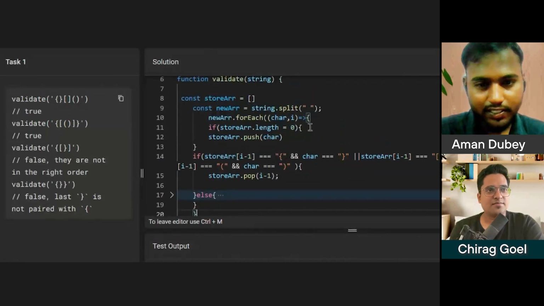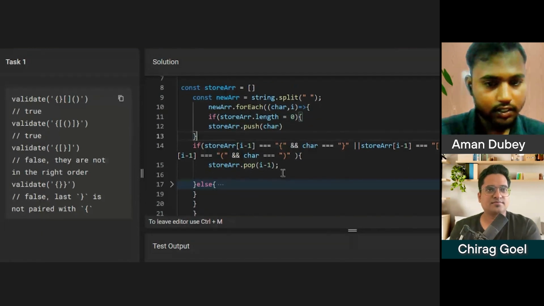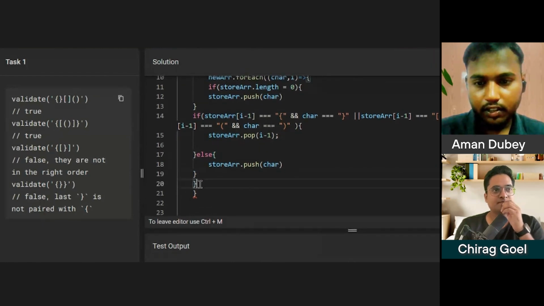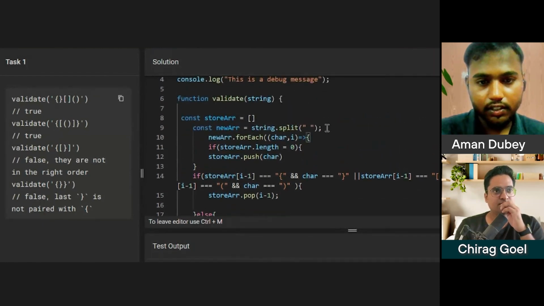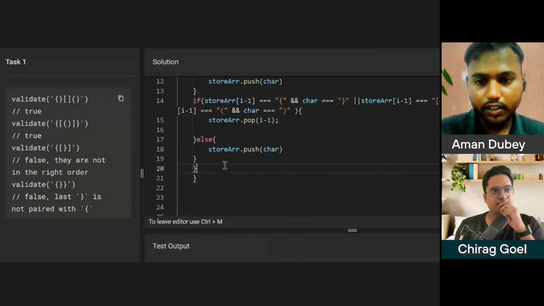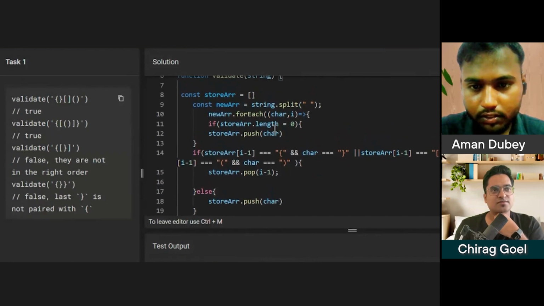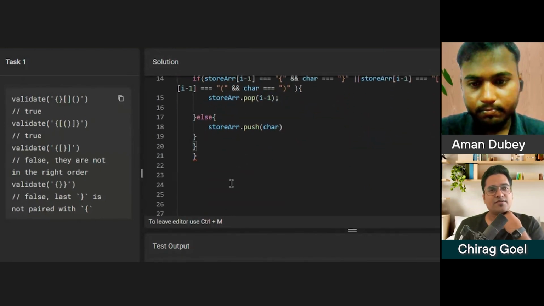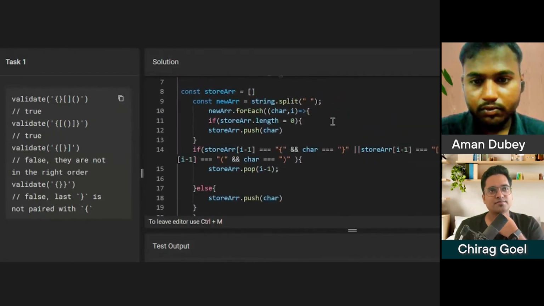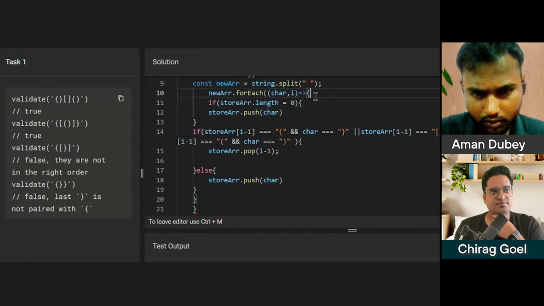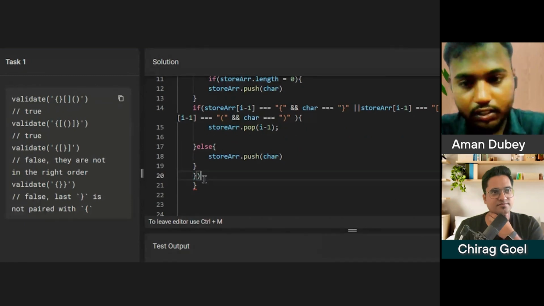This we have this if else, and we are closing. We have it, right? We are closing this, and this is also right. Else is also correct. And the function of the for each is closing here, and the valid function is closing here. Then what is the problem? Is that a syntactical error in the way you have closed the for each? Oh, this has to be like this.